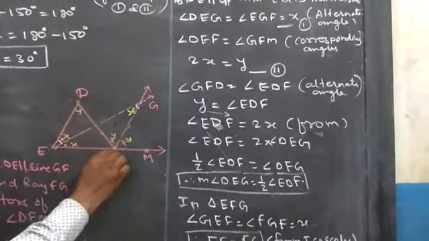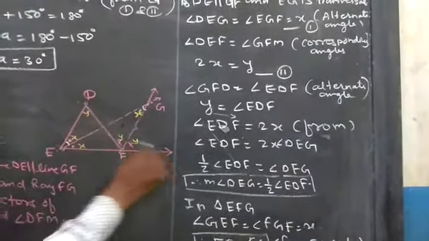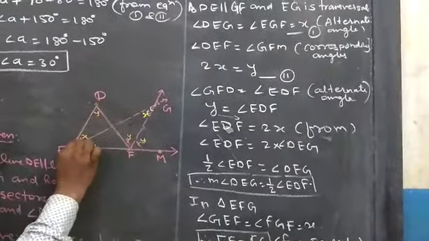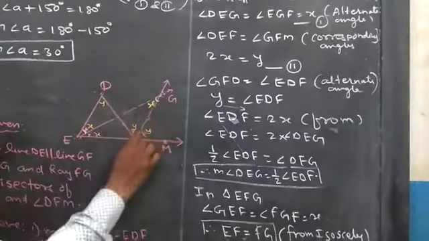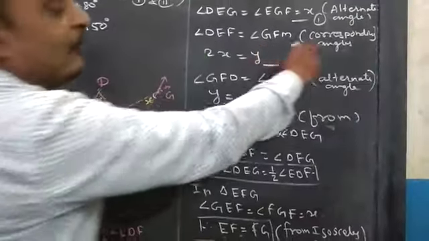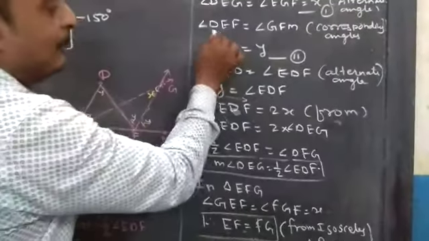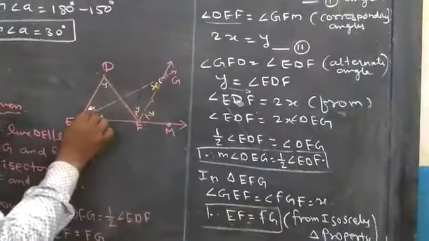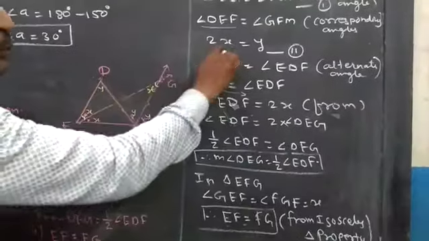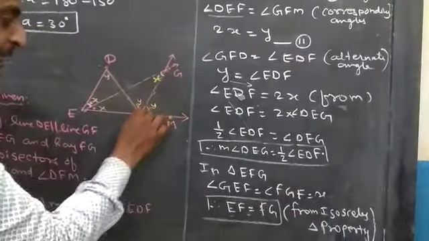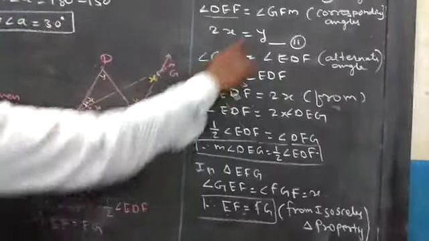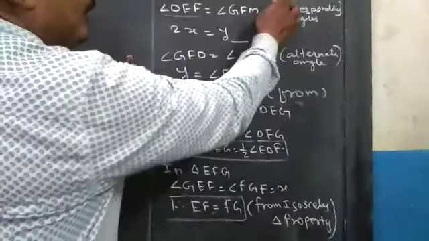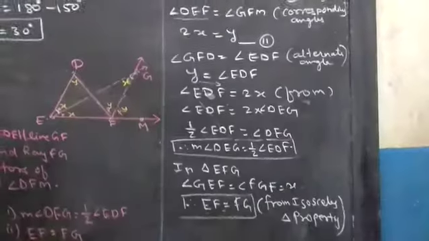और एक चीज आप और नोटिस कर सकते हो इसमें, DEF और GFM, मतलब ये वाला एंगल और ये वाला एंगल, यानी कि DEF और GFM दोनों करस्पॉन्डिंग एंगल हैं। तो एक बात बताओ, जो आपका DEF है, उसमें ये x और ये x कितने आ गए? 2x। और जो GFM है, आपने इसको पहले क्या माना है? y। ठीक है, इसको मैंने ले लिया इक्वेशन 2 और ये था आपका इक्वेशन 1।